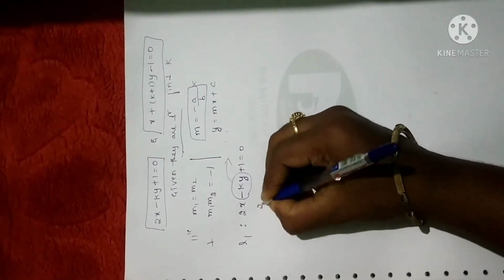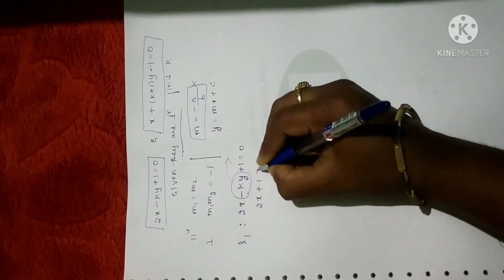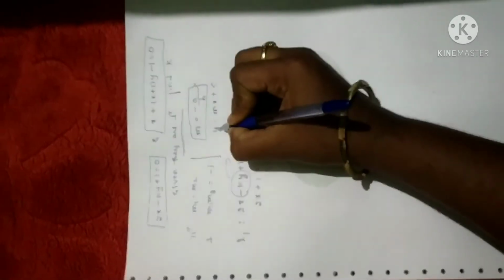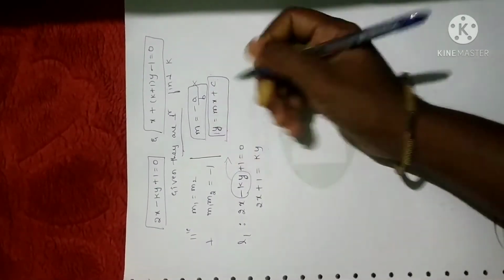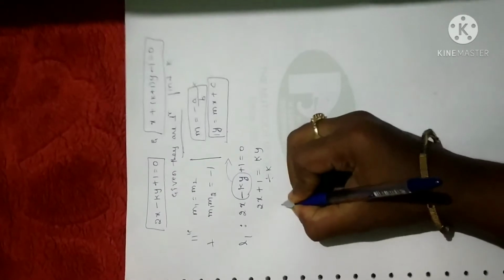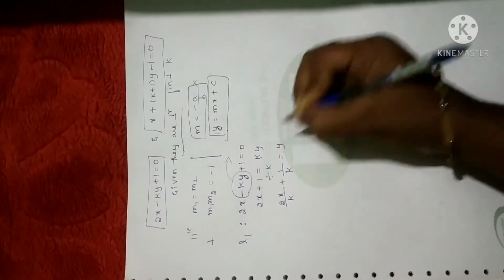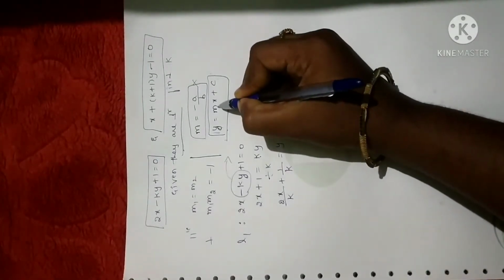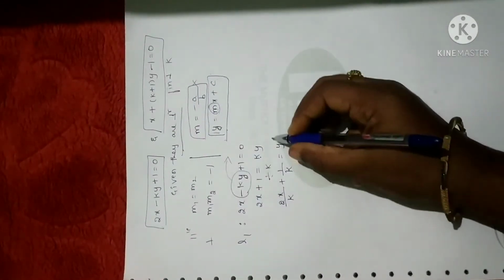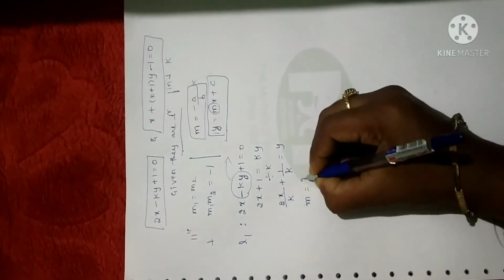So what you're going to get is 2x I'll keep as it is and 1 as it is. I'm going to shift minus ky, so what you're going to get is plus ky, right? Now the coefficient of y in this form is 1, but what we have is k. So let me divide by k. What you're going to get is 2x divided by k plus 1 by k is equal to y. Now what we need is the value of m, and m is the coefficient of x. So clearly I can extract the coefficient of x now, right? So the value of m is 2 by k.